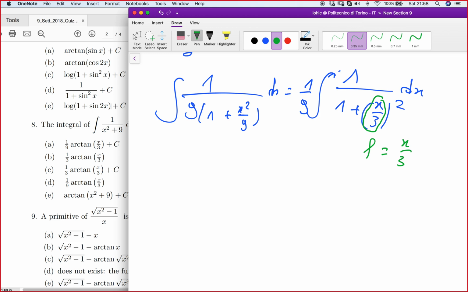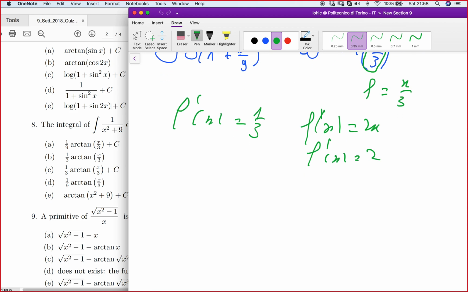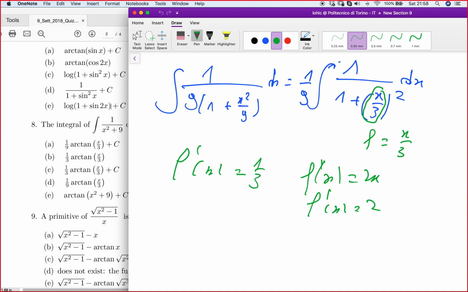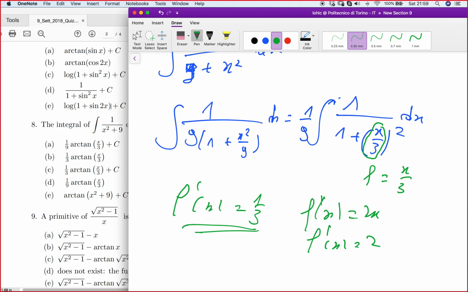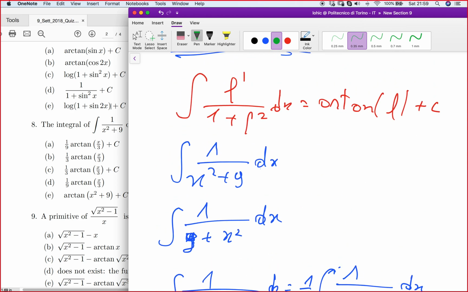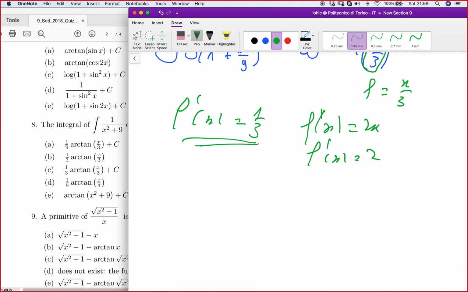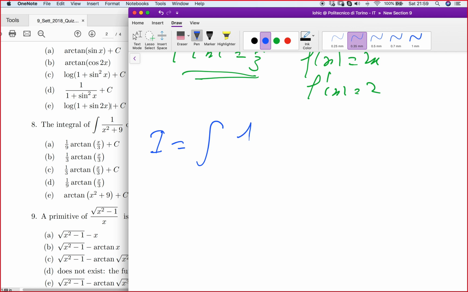If f of x is x over 3, what will be f prime of x? f prime of x will be 1 over 3, because if you have f of x equal to 2x, then f prime is 2. x over 3 is like 1 over 3 times x, so f prime is 1 over 3. So I still need to get 1 over 3 up, because the formula is f prime over 1 plus f squared. Coming back, our integral is equal to 1 over 1 plus x over 3 all squared,